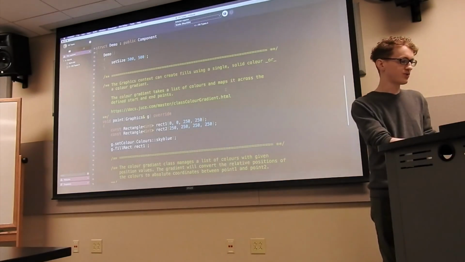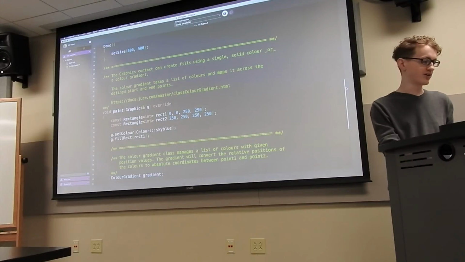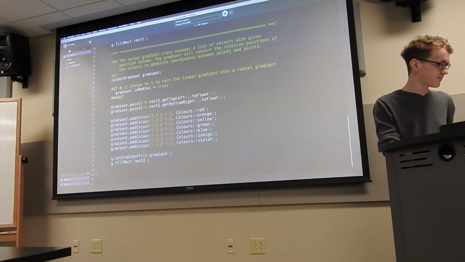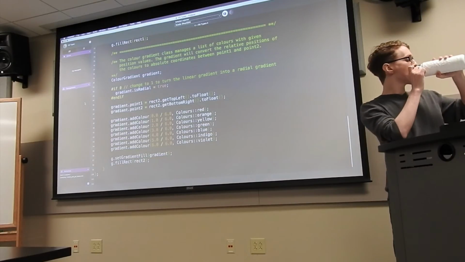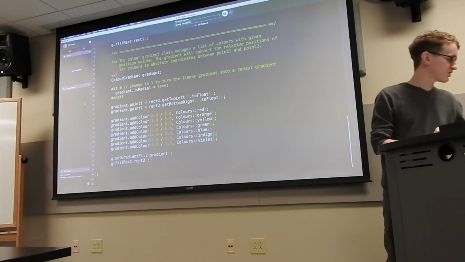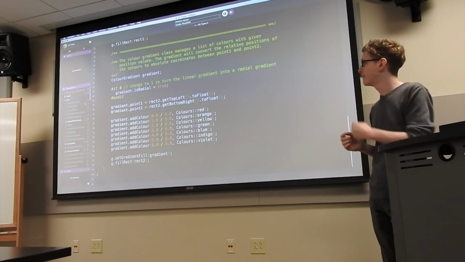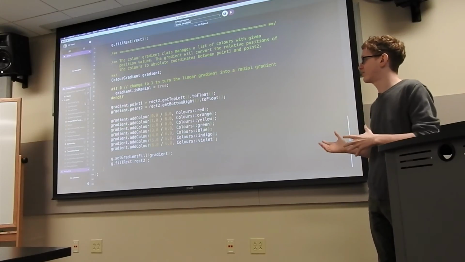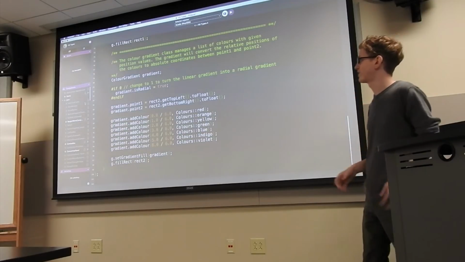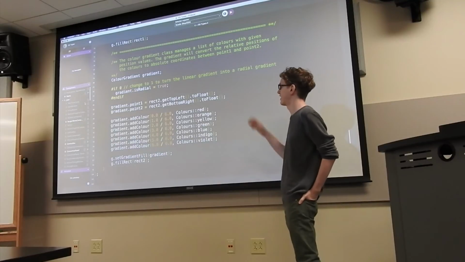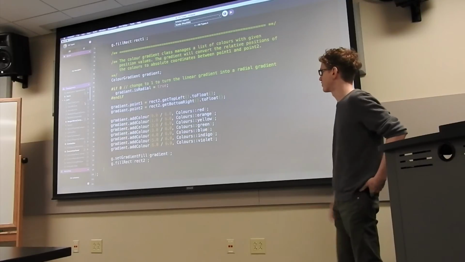This example is super short. Basically just have two rectangles. One of them we fill in with a sky blue color. The other one we set up a gradient for. Let me open this up real quick. So as I mentioned, the gradient is basically just a list of colors with 2 points. So when you pass the gradient off to the graphics class, those 2 points have to be relative to where you're working with. So in our case, we use the second rectangle's top left and the bottom right to define where our gradient will start and end. And then we just go through and add the colors,